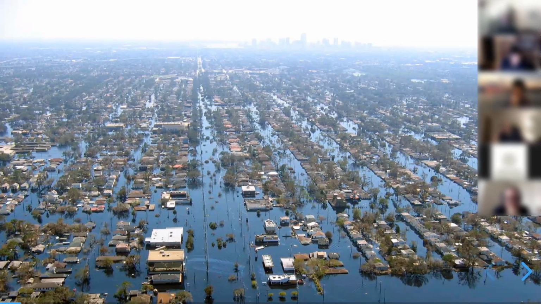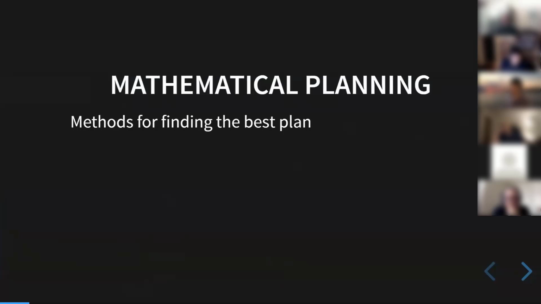And we really care about that answer because saving human lives is kind of important. And so, yeah, a lot of the time this tool gets used for other domains, but fundamentally this tool, mathematical planning, is a powerful way to be able to identify the best possible plan to save the most lives. It's a method for finding that best plan